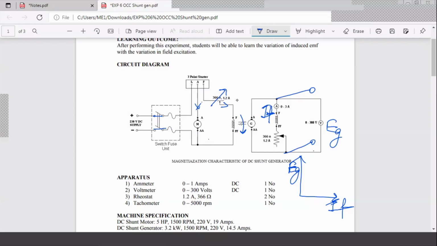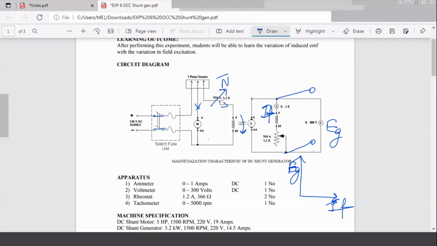And one important thing which you need to understand is by connecting this, we increase the speed and make it rotate at a constant speed. Speed we keep it constant, at the rated value of this machine. Then we don't change this machine. We just rotate the machine, turn this on, it starts as a motor, and by controlling this rheostat here, we adjust the speed of the machine and bring it to a constant value of the rating of the machine, rated speed of the machine.